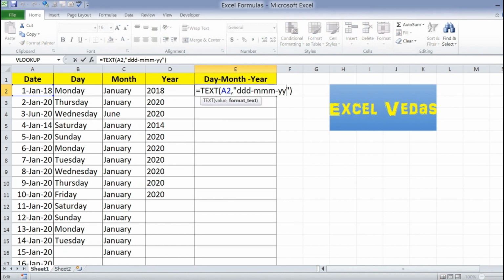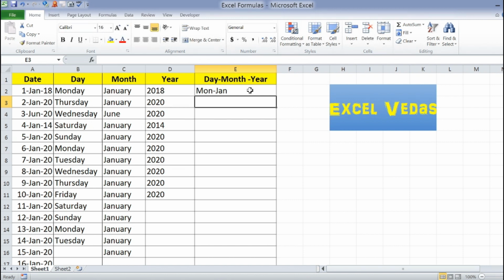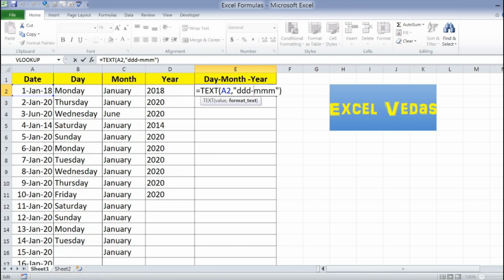And if you don't want the year, you can simply delete this, and only the day and the month will appear. If you need only month and year, then you need to remove the day and you can add here, it's Jan 18. So however you need your result to appear, you can give the command accordingly and you will get your result.